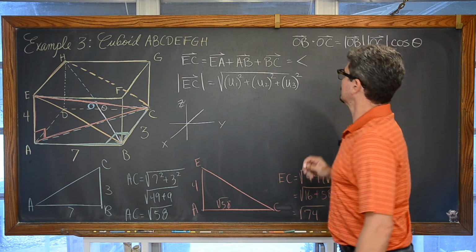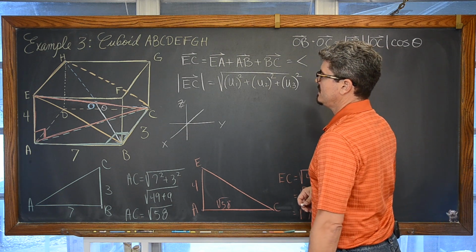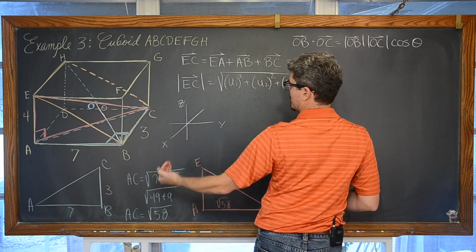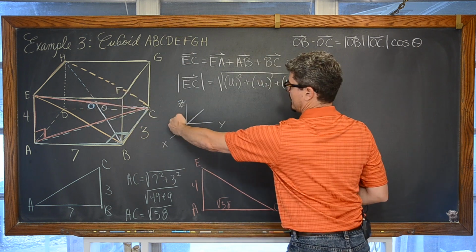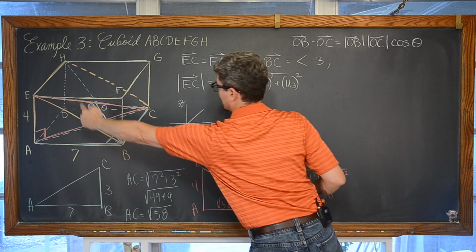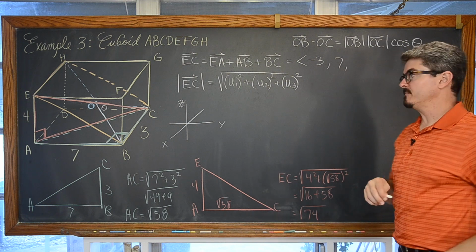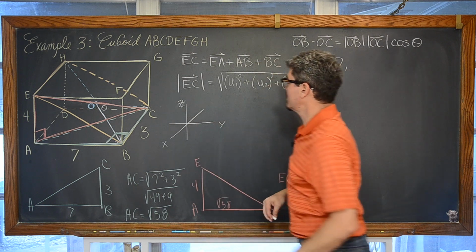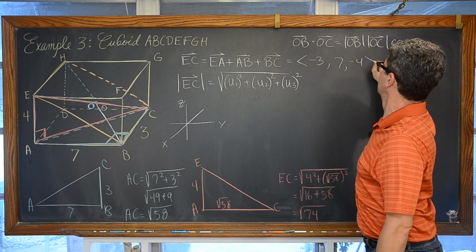I'm going to do it in a horizontal component format because I've run out of room, but vector EC is front to back. So along the x-axis, we're going back 3. We're going from left to right, and that left to right movement on the y-axis is going to make those numbers positive. So that's going to be a y component of 7. And we move down the z-axis. So our z component is going to be -4.